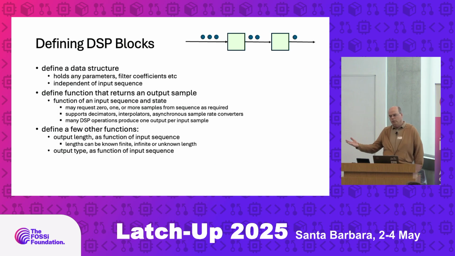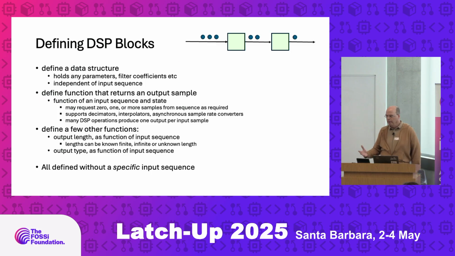And I described this in more detail in ORConf. There's a few other functions that you need to define, like the length. There's a function, the length of the input and the output type. It's all defined without a specific input sequence in mind. So the idea there is you define your system independent of your input, and then you can run lots of different inputs